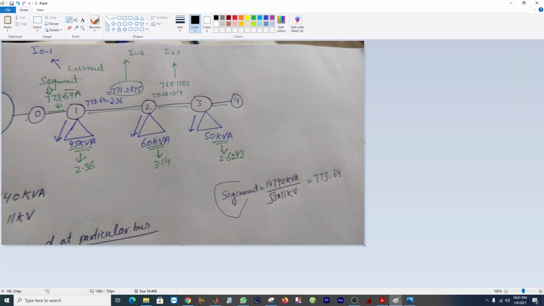So at this point, 773.64, it means that in the next point we have a 2.36 ampere load. Bus 1 will take 2.36 amperes. So when bus 1 takes from it, the 773 that is coming from the grid is subtracted by 2.36, and then we have 771.28. So we can see that I12, which we call the segment current, and this segment current